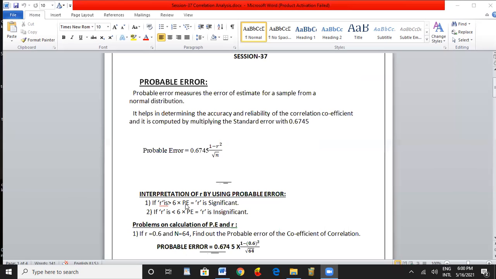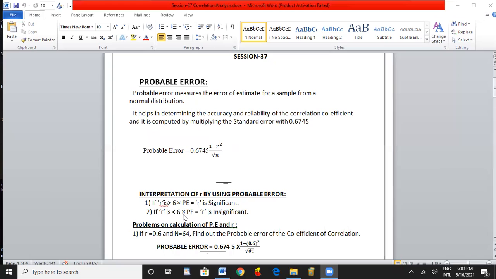If R is greater than 6 PE, then R is significant. That is, the correlation coefficient is significant. So this is the interpretation you have to give. And the second one is, if 6 into PE, where PE means probable error, is less than